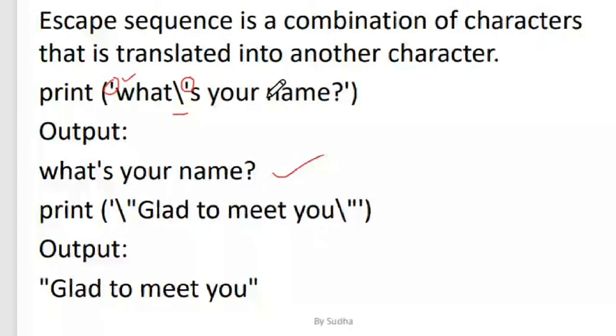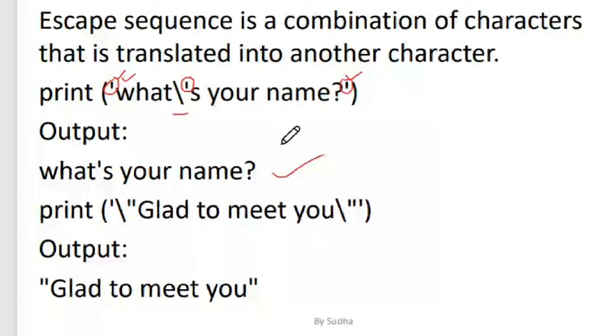Here it finds a single quote, but since there is a slash before it, it will not consider it to be the matching single quote. It will just put it in the output. And since this last single quote is not preceded with a slash, it will understand it to be the closing quote, and whatever is in between, it will print as output.